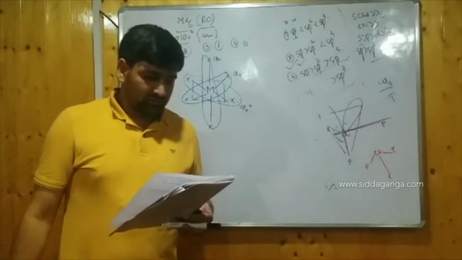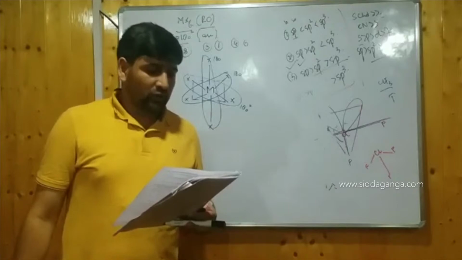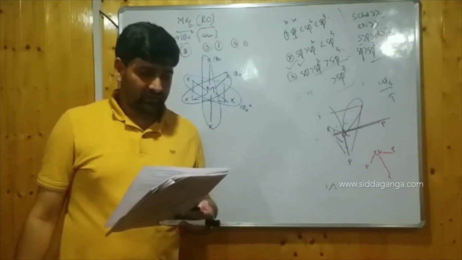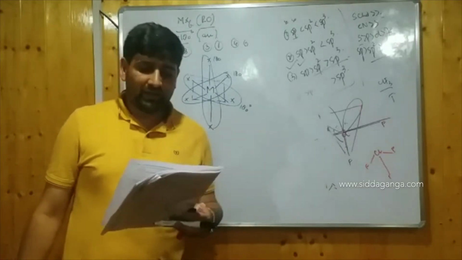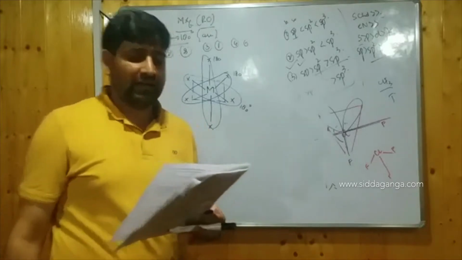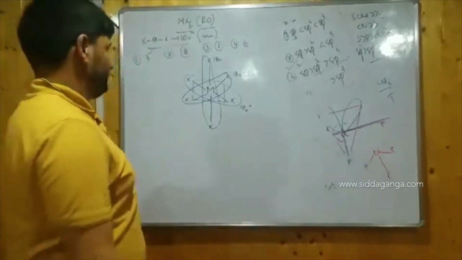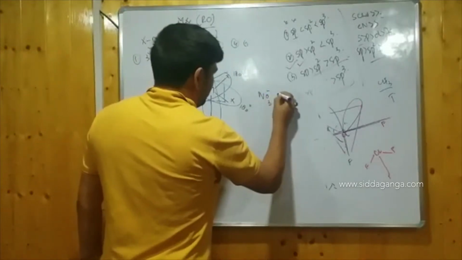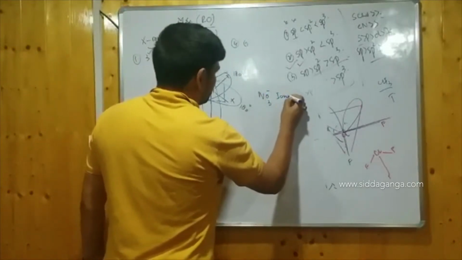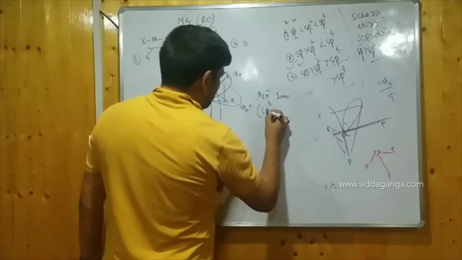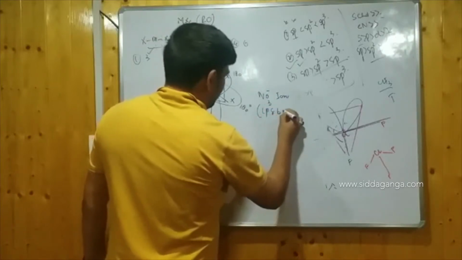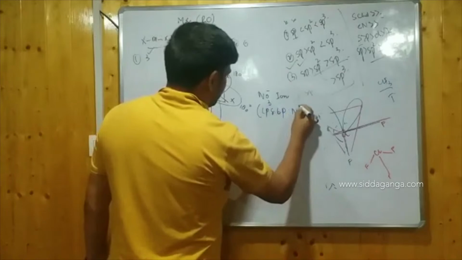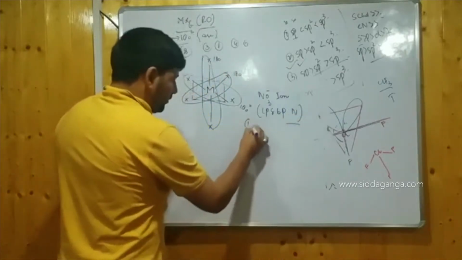In the NO3 minus ion, what is the number of bond pairs and lone pairs of electrons on the nitrogen atom? That's the question asked. Options are